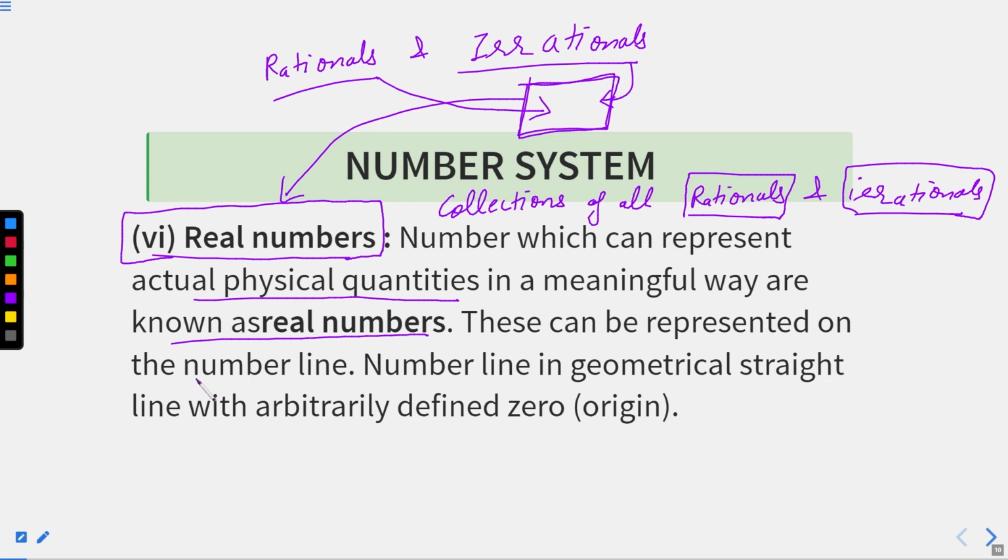So we have a number line. Okay, there is nothing like a number line existing physically, but we imagine, we assume that there is a number line where we can put our numbers. So this number line we call the real number line, because the number line is for the reals. Okay, so